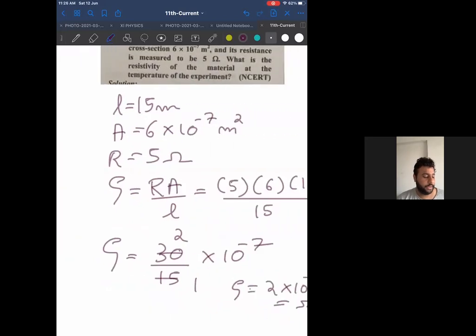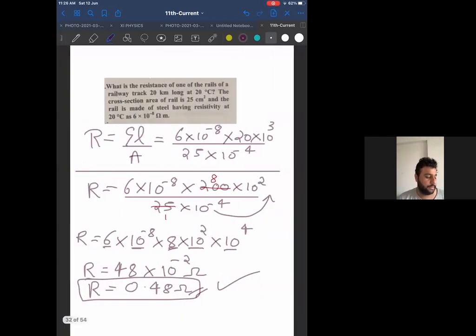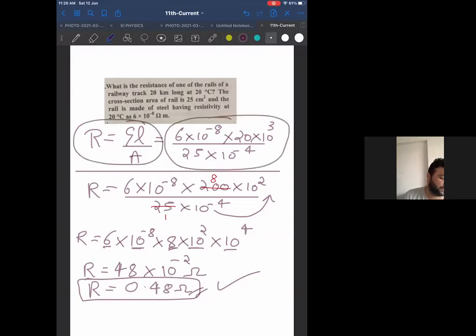Okay, Pratham is still confused in the previous one. We'll go to the previous one for Pratham. Pratham, tell me, what is the doubt over here? The question is here, the answer is here. Just check. Not only Pratham and Rudraksh, others also. If you have any problem in this, let me know. The question is on the screen. I have worked out the answer also because I have given you the formula and I have done the substitution from the question. Just tell me what exactly is the confusion in the question. I'll try to clear it out.